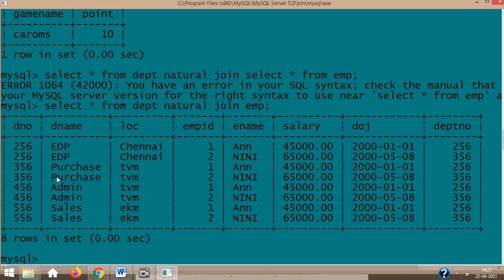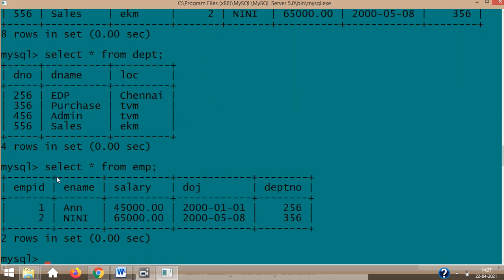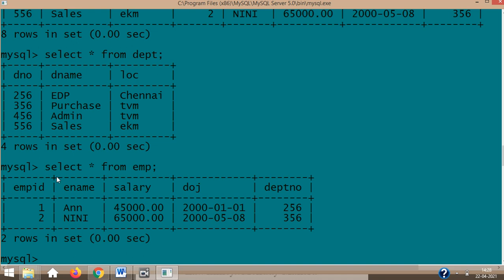See, natural join. So natural join is just joining like our Cartesian product. Correct? No. So you have basically select star from DPT, 4 rows. Select star from EMP. You can see, natural join does somewhat the same as our Cartesian product. So that is also the same. So a similar simple join is what our natural join is all about, and only the tables you are connecting have some kind of joining strategy of your foreign key.